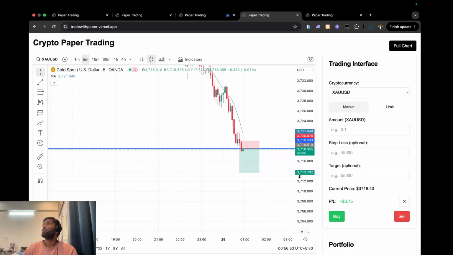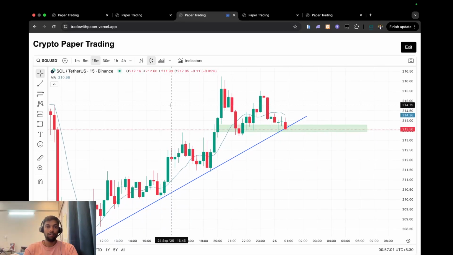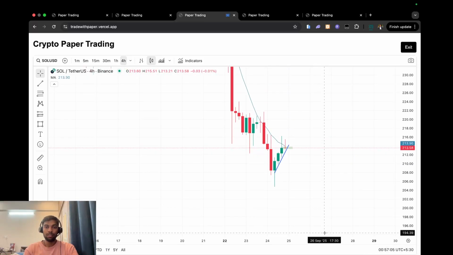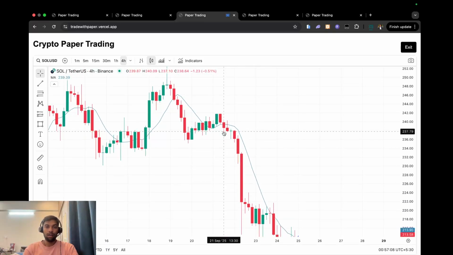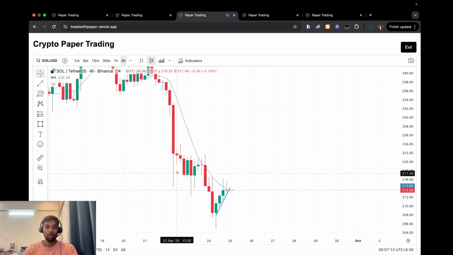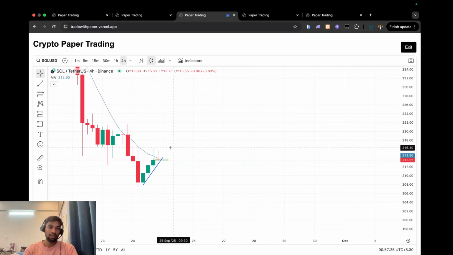I can see Solana is also breaking. Let me show you what I'm seeing right now. So this is the Solana graph, guys. What I'm seeing right now is at the 4 hour interval. You can just see there is a downtrend, right? The market is in a downtrend. There is a pullback, a consolidation phase like this, and then the selling starts. Now the market is pausing and taking a pullback. So this is the rejection that the market is facing from the EMA.